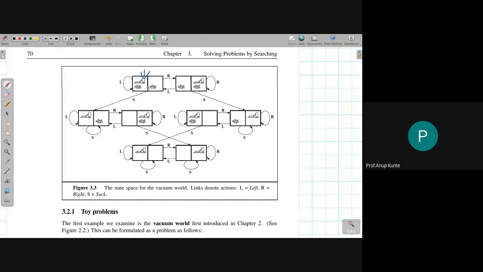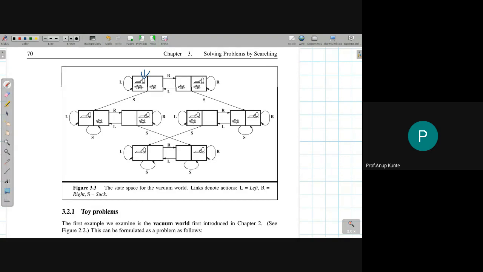Now they are assuming that the vacuum cleaner has percepts to understand, so there is some signaling mechanism that will directly feed information to the vacuum cleaner about where you are and whether there is dust in either of the rooms or not. Now how many actions can it perform, being in, say, this initial state? It can choose to move left, and when it moves left, it will be like a single loop. Okay, self loop. ये स्टेट से ही स्टेट में रहेगा.